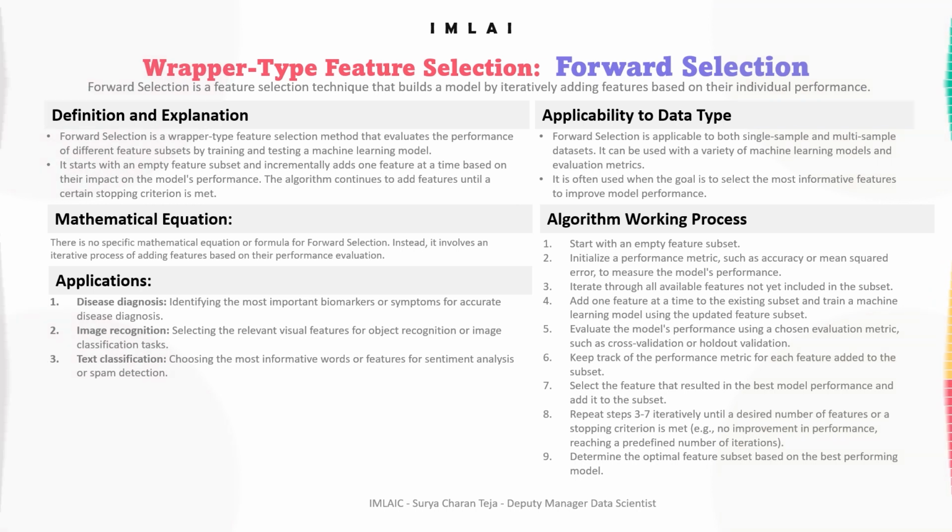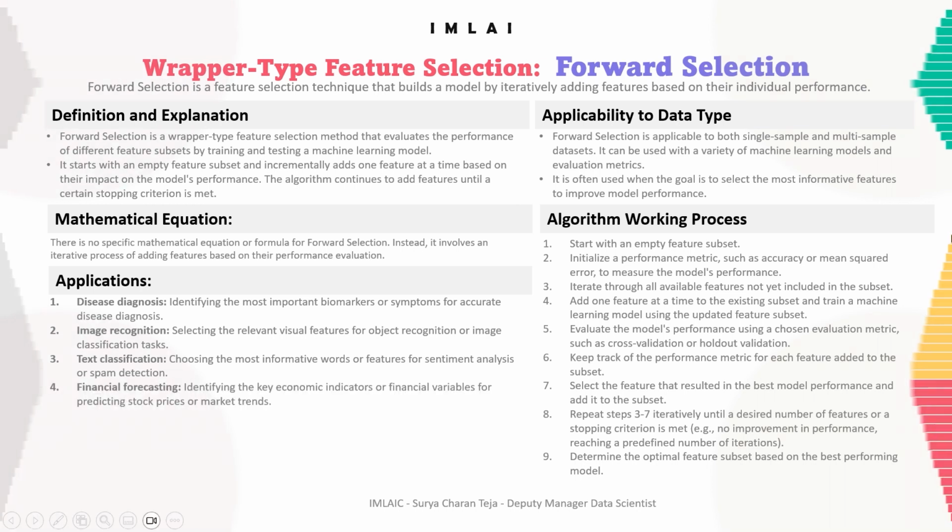These are the fields where we can apply this forward selection algorithm for feature selection. However, let's see some real life examples where we can apply it directly to particular tasks or activities. Let's begin with